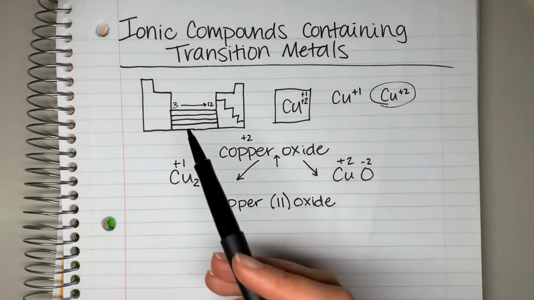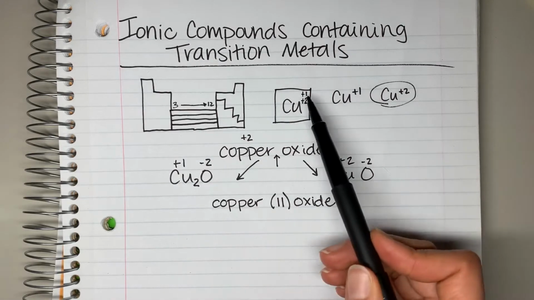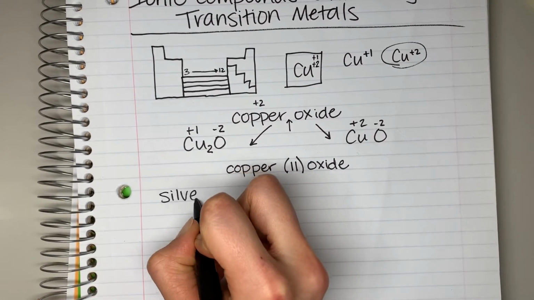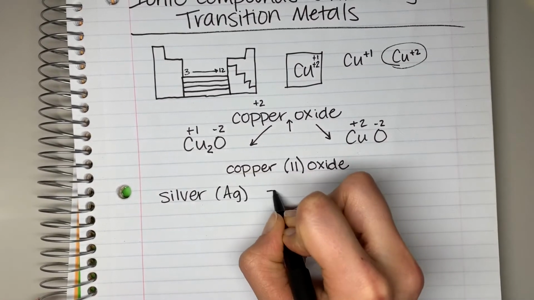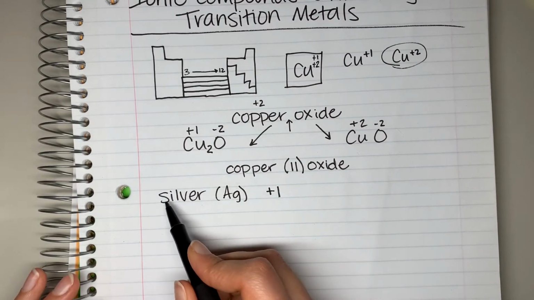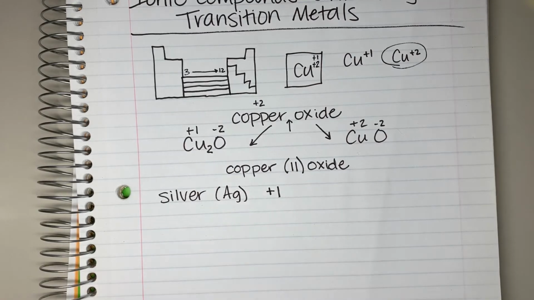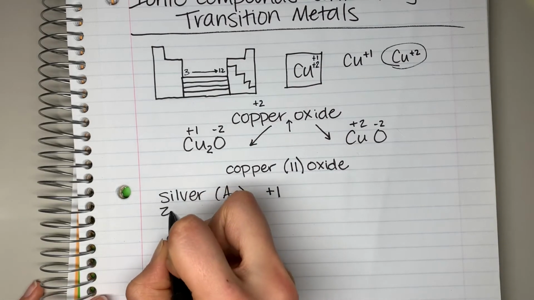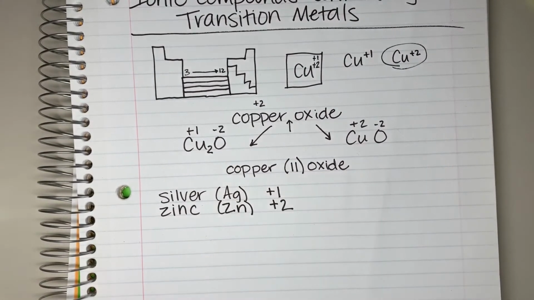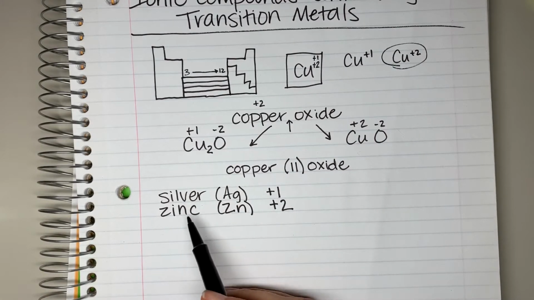Now, there are some transition metals that don't have multiple charges. So for instance, silver, or Ag, is always a +1. It cannot form multiple charges, so therefore, when you are working with a compound that contains silver, you do not need to put Roman numerals because it's always a +1. The other one is zinc. That is always a +2. So again, you don't need to put Roman numerals after silver or zinc